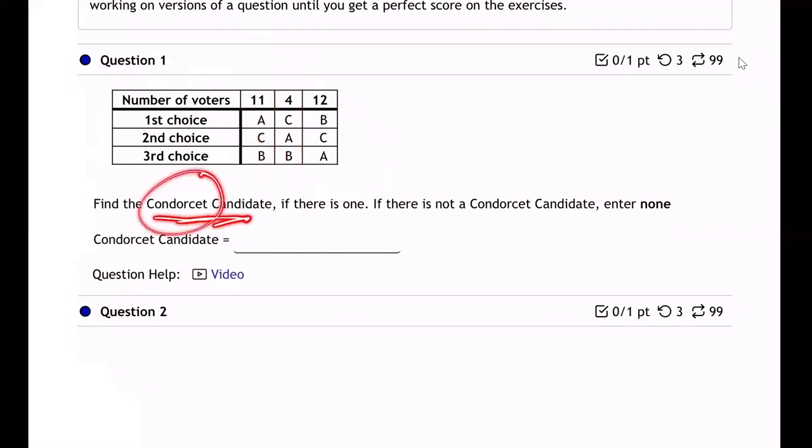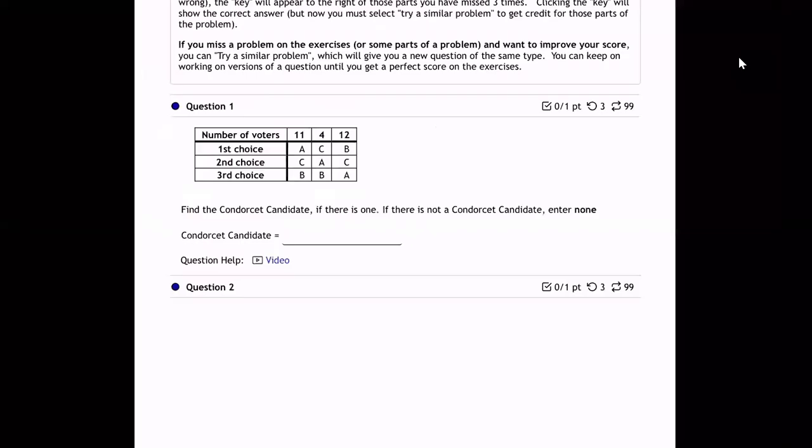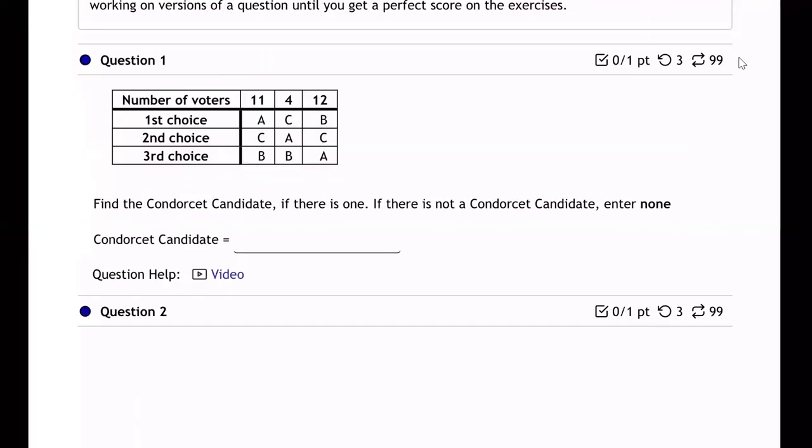It's a French word. I think that's how you say it. Anyway, I don't care what you call it. What is that thing? What is a Condorcet candidate? Well, if you look on the notes, I'll be showing you those notes, but let me first write this out. A Condorcet candidate. Here's what it is. Write it out. Condorcet candidate. It is